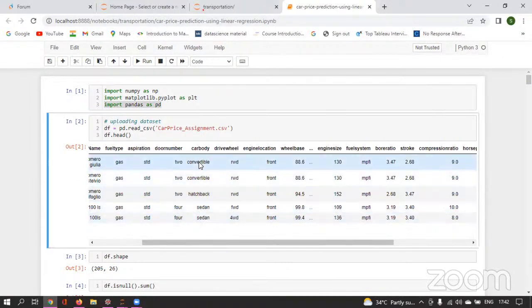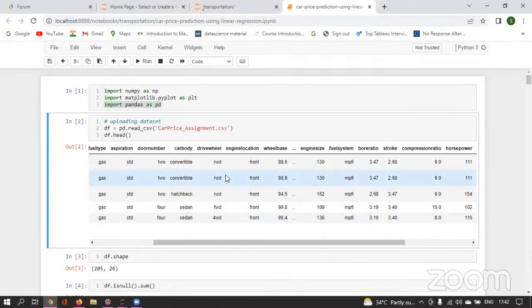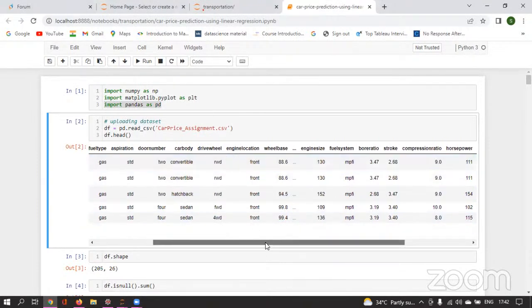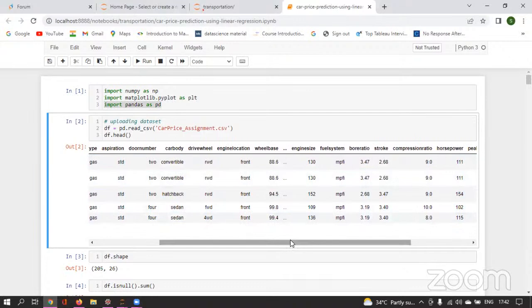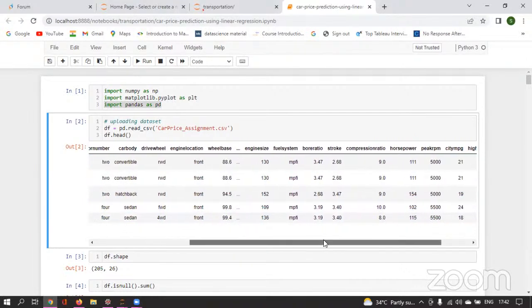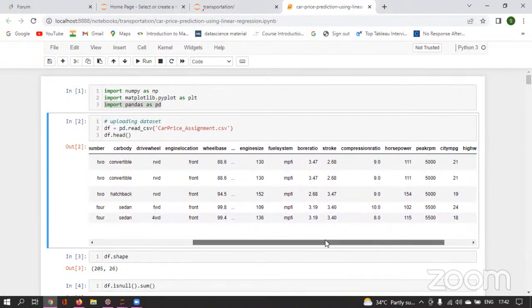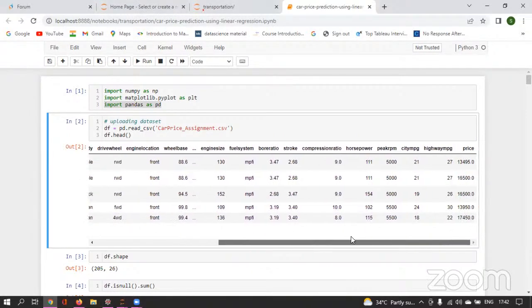This also plays a very important role in price prediction, right? Whether it is convertible or not, hatchback, sedan, drive wheel, 4-wheel drive, front-wheel drive, rear-wheel drive, engine location, front or rear, wheelbase, engine size, fuel system, bore ratio, stroke, and compression. These are the different features we'll be having.